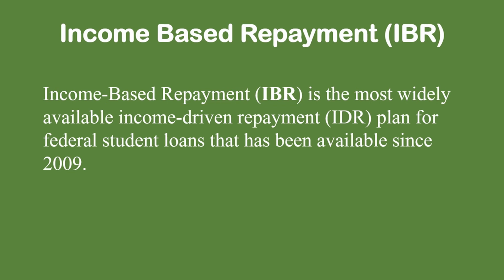And second, there is the interest payment benefit. If your new monthly payment isn't large enough to pay the accruing interest on the subsidized portion of your direct loan, the federal government will pay it for you for a period of up to, but no more than, 3 consecutive years once you begin